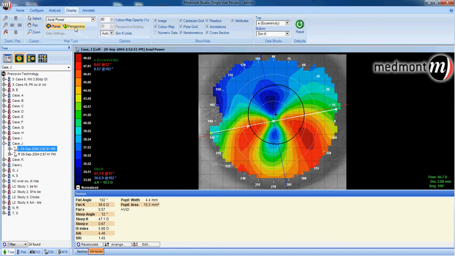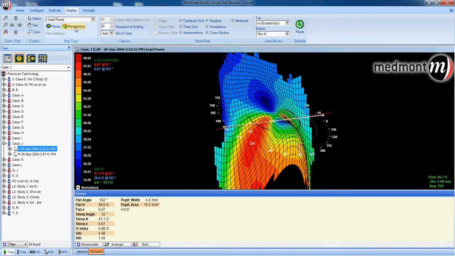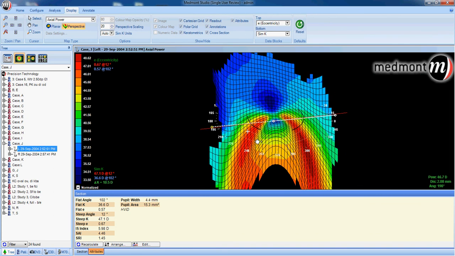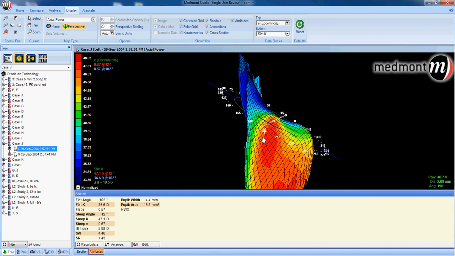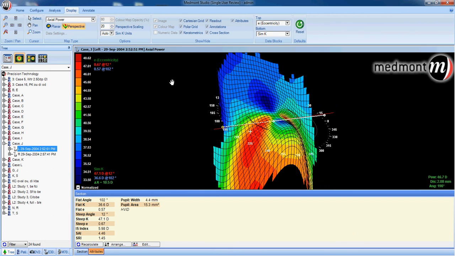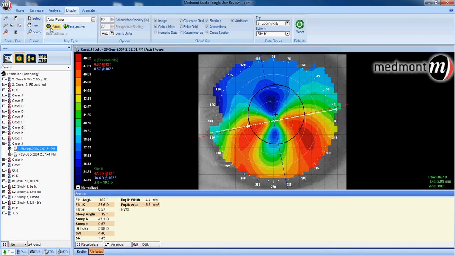So you can change the way your maps appear using the display and changing these options anywhere on the screen. You could click on perspective and change to a three-dimensional view, and if you right-click, select the pen tool, you can observe the corneal curvature in 3D along the entire surface area. This is helpful for patients in appreciating distortions in their eye or astigmatism in their eye. We'll go back to a two-dimensional image